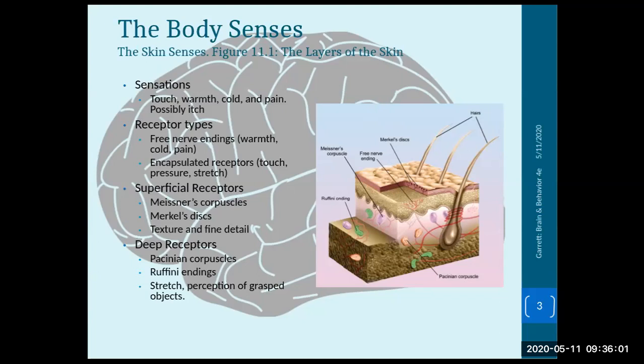The way that I try to remember this, using sort of a mnemonic, is that the two superficial ones are the M's. So Merkel and Meissner are the ones at the top of the skin. In between Merkel and Meissner, sort of that second layer of skin, are our free nerve endings. And the free nerve endings, again, are the ones that detect pain and temperature. So they're kind of in between. And then in the deeper layers, way down towards the bottom, we have the Pacinian corpuscle, which kind of looks like layers of an onion, and we have Ruffini endings. So Merkel and Meissner